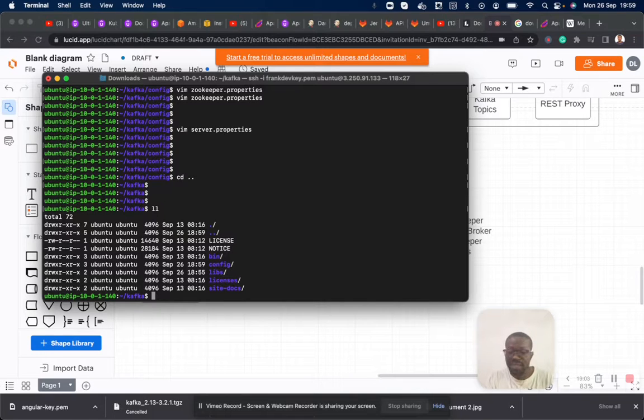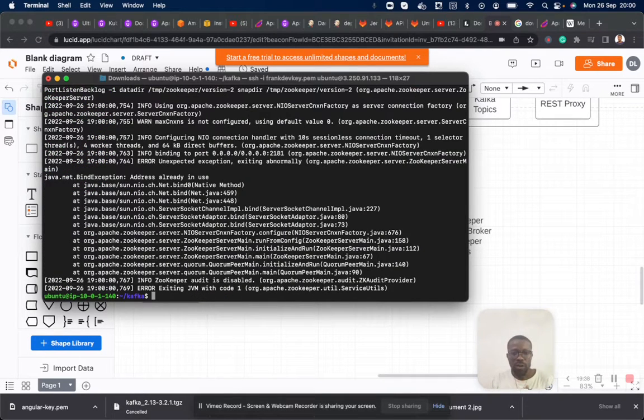So in my listing we have bin. If I need to start Zookeeper, I'm going to type bin/ and use the script called zookeeper-server-start. I'm going to use this zookeeper-server-start script against the zookeeper.properties file, to start Zookeeper. That properties file is in config as zookeeper.properties. So if I hit enter like this.